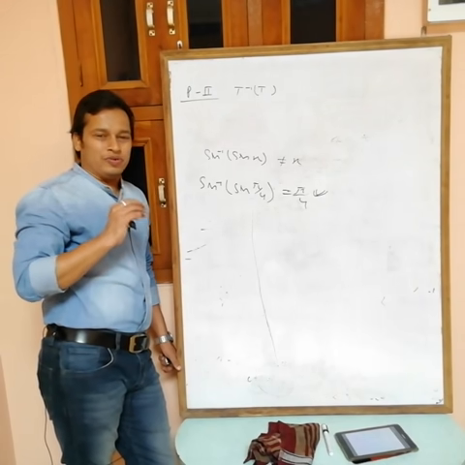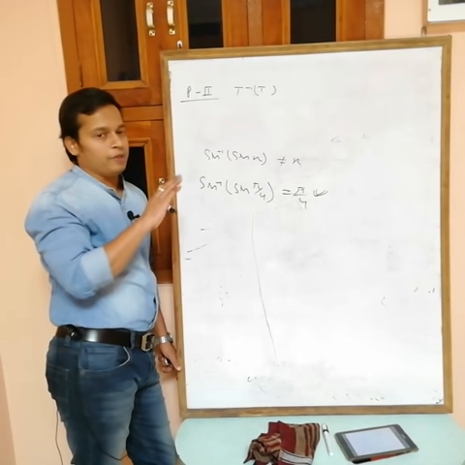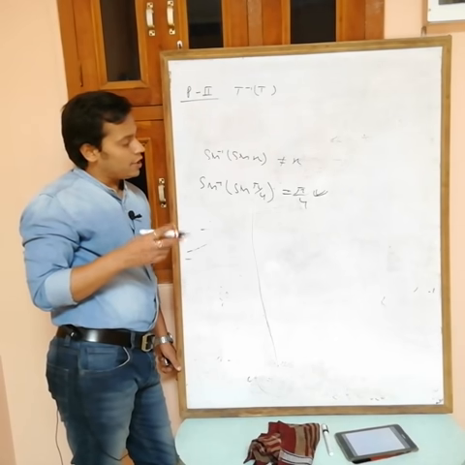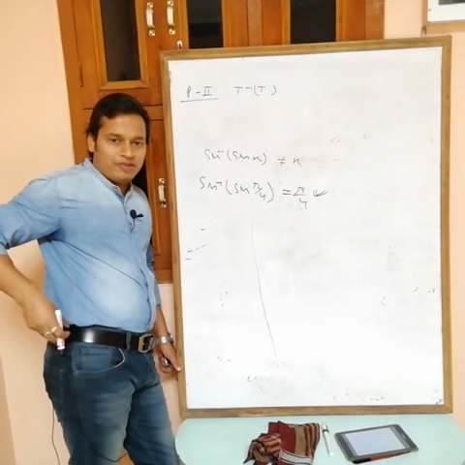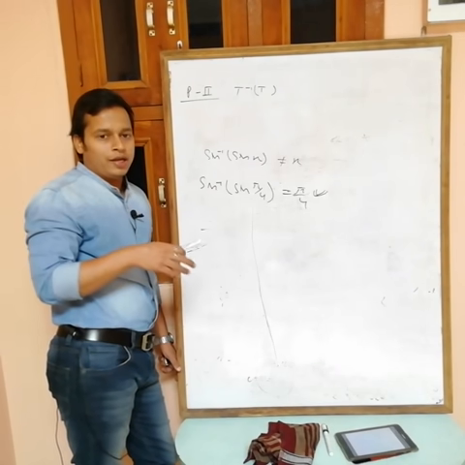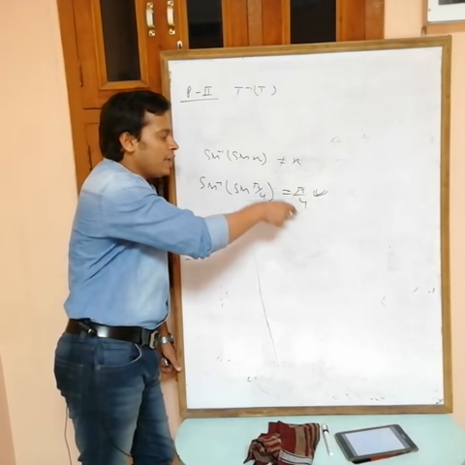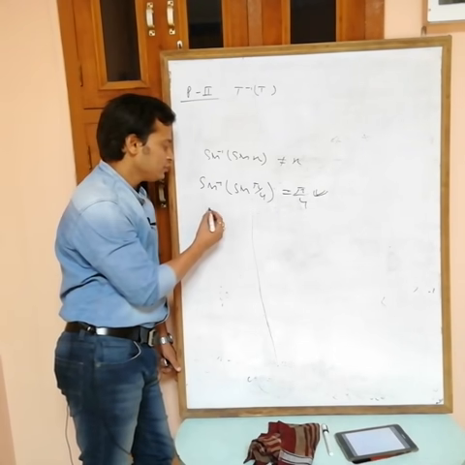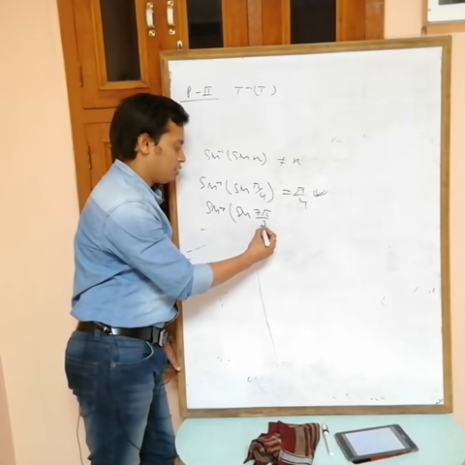Today I am only explaining some part. From tomorrow, in the next class, we will repeat property number 2. Just try to understand. Sine inverse of sine pi by 4, sine inverse and sine cancel out, what are we getting? Pi by 4. This is the value of sine inverse, and the range of sine inverse is minus pi by 2 to plus pi by 2. So if you are getting any value between minus pi by 2 and plus pi by 2, then I have no problem. Then suppose sine inverse of sine 7 pi by 3.